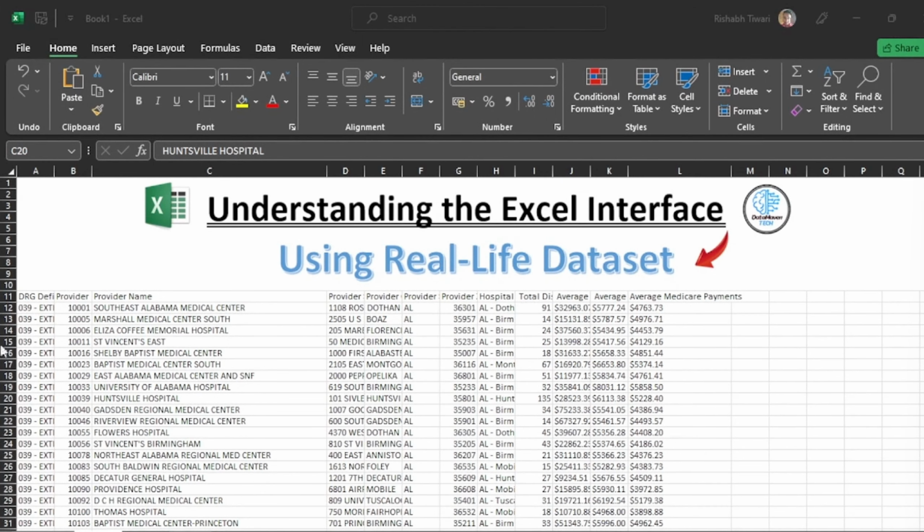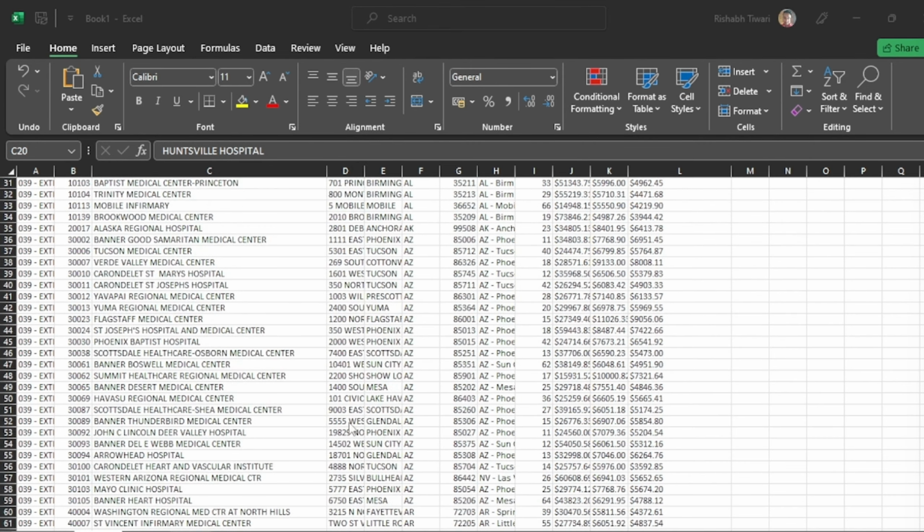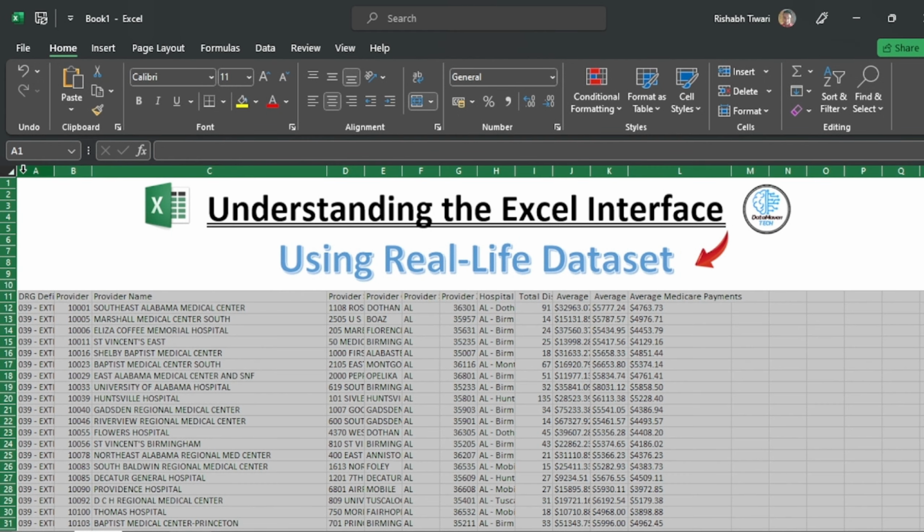So now as you can see on the screen, there are still many columns that are not visible properly. So let me tell you the way through which you can resize the whole sheet such that each and every data is visible. For that, we will click here and you can see each data in this sheet is selected now. We will drag our mouse here and double click. So this is how you can resize it.